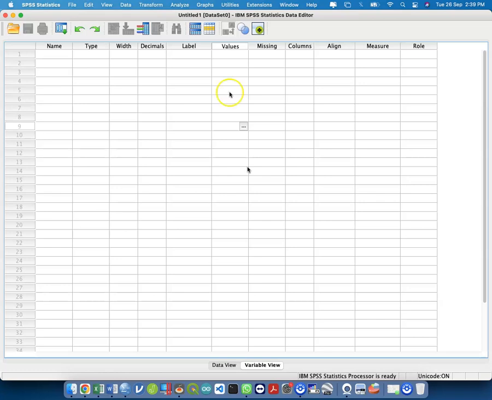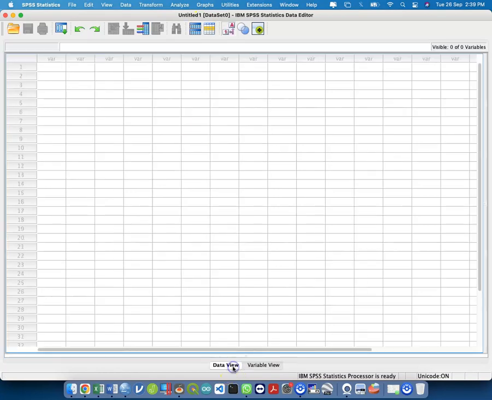Yang anda tengok dekat atas ni, tengok dia tulis apa? Untitled 1 in bracket dataset 0. Betul tak betul? Dia akan tulis itu sebagai IBM SPSS Data Editor. Apa dia? Data Editor. Okay, di dekat bawah ni, we have two different views of the tab named as data